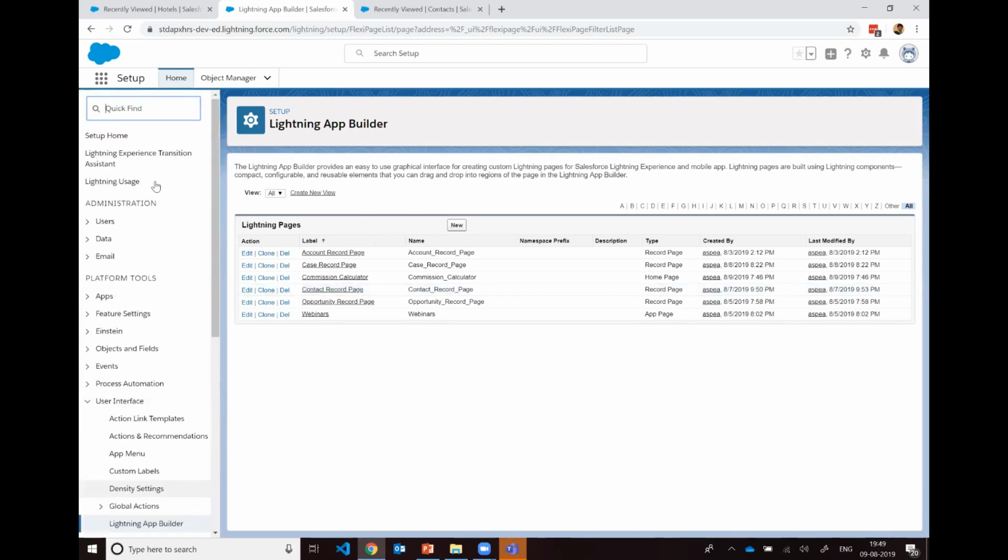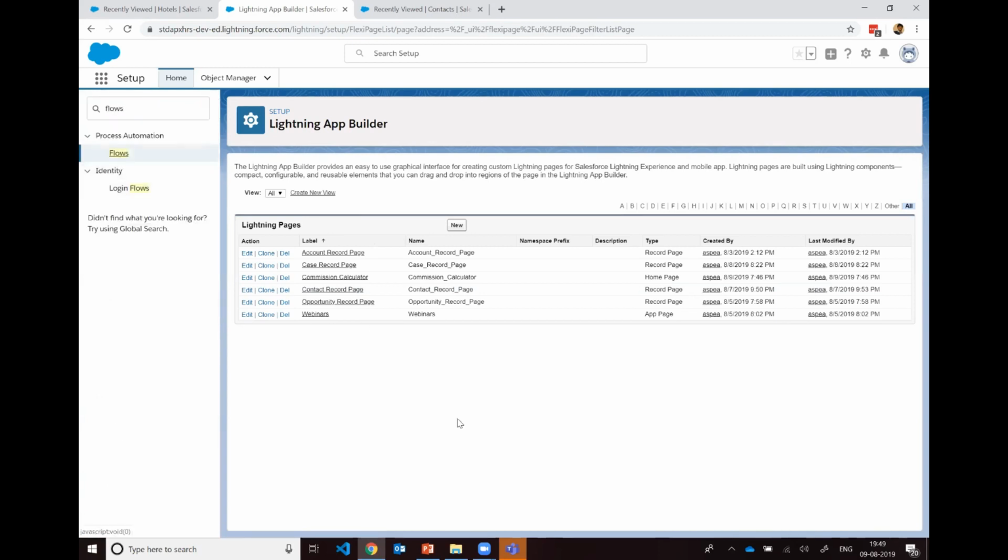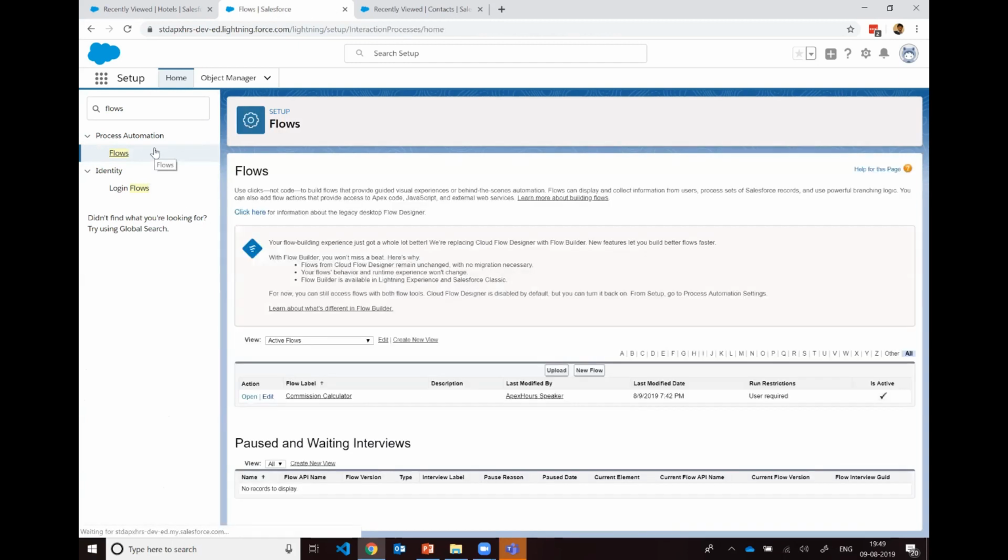So let me go back to flows quickly. Okay. Now the thing is, auto launched flows will need some kind of help to be invoked. Hence, we are going to use a process builder. That process builder is going to input some values to the flow, and that flow will run and in turn, iterate the contact records, get the values, and stamp it on an account record. Now, what we're going to do first is we need some field on account to calculate